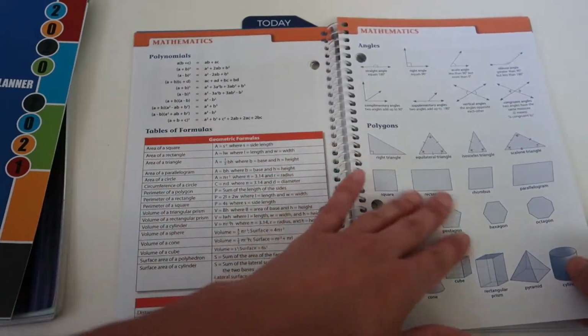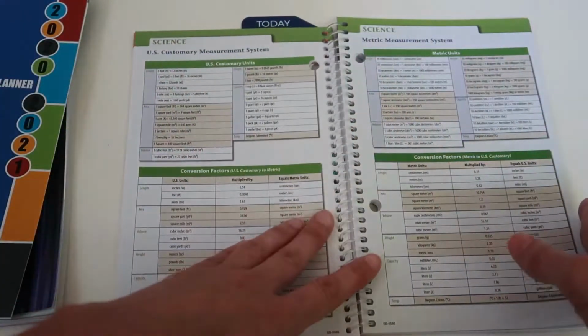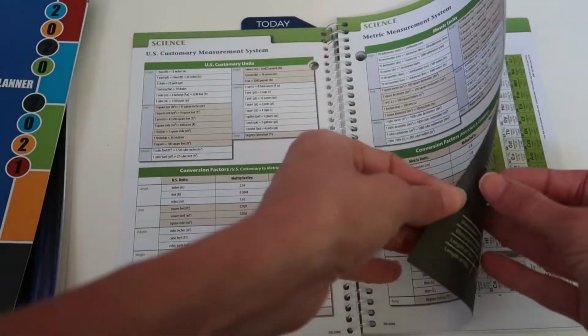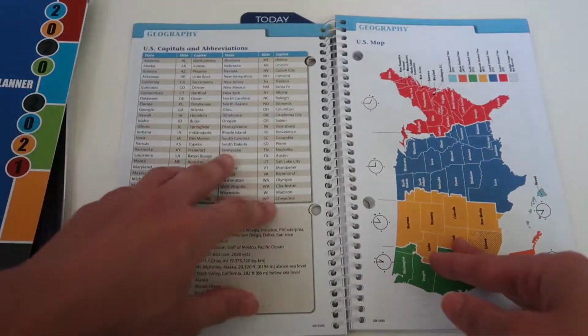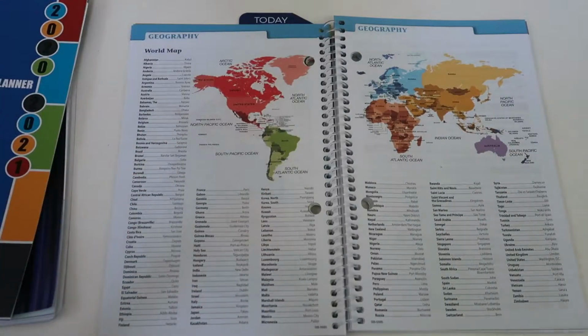Mathematics, different types of triangles and angles and polynomials and formulas. Lots of different things for science and measurements just to have on hand. Solar system information, your periodic table of elements, geography, more geography,